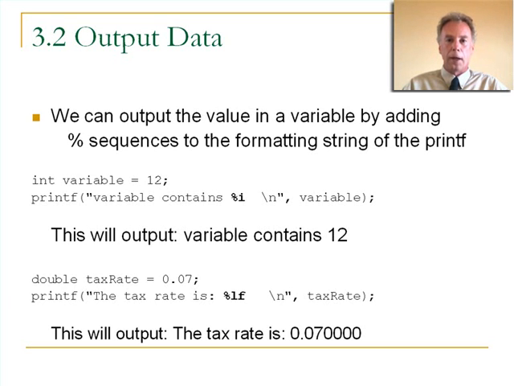tax rate, and you might see something in this one that you don't like very much. First of all, the percent sequence for a double is %lf, and then the double, the variable is expected to be a double that matches that %lf, and this printf statement will output the tax rate is 0.070000. That might not be exactly what we would want it to do, but %lf, which really stands for